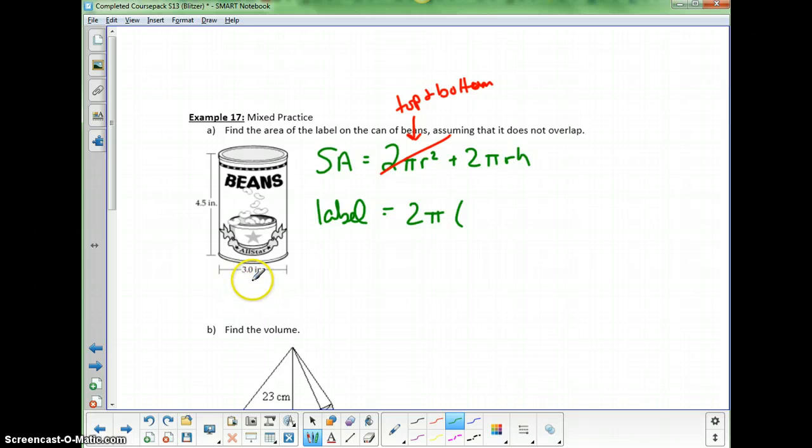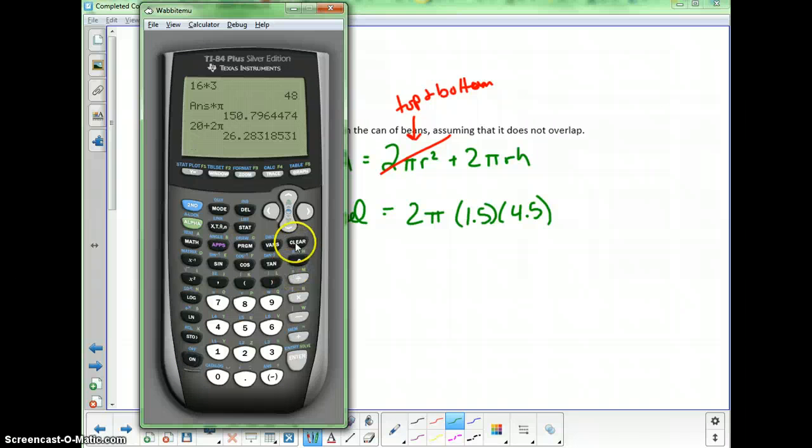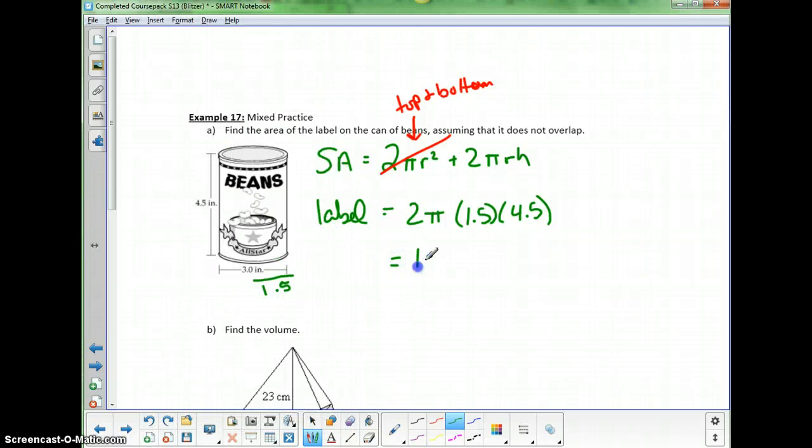R looks like 30 was the diameter, so half of that, 1.5, is going to be the radius. So 2 times pi times 1.5 times the height, which is 4.5. I multiply all that together, that will give me the area of that label. So I need 2 times 1.5 times 4.5. Those are the coefficients. Oops, I forgot to type the 4. Looks good. Okay, so this is 13.5 pi square inches,